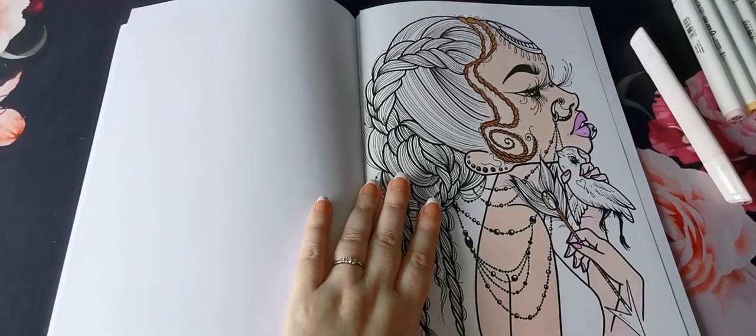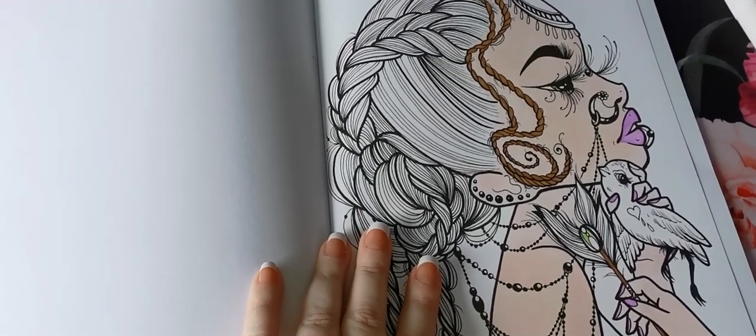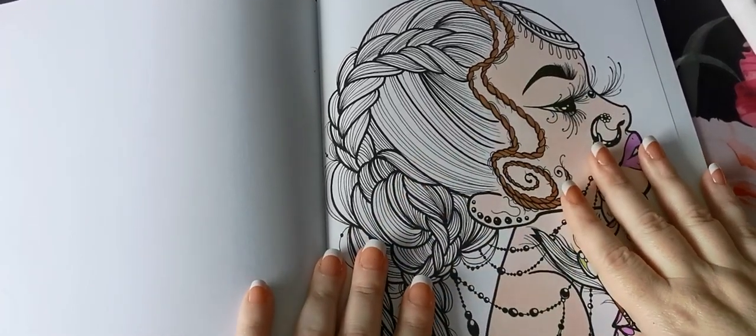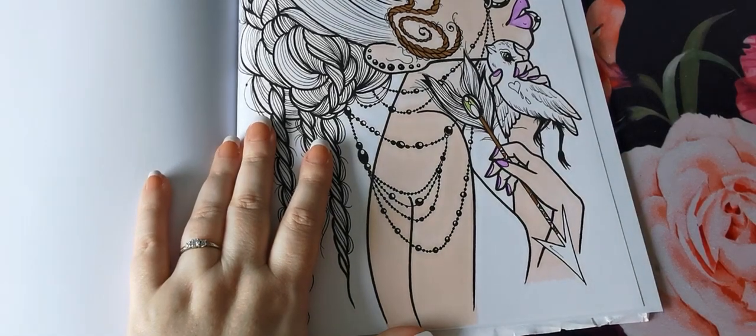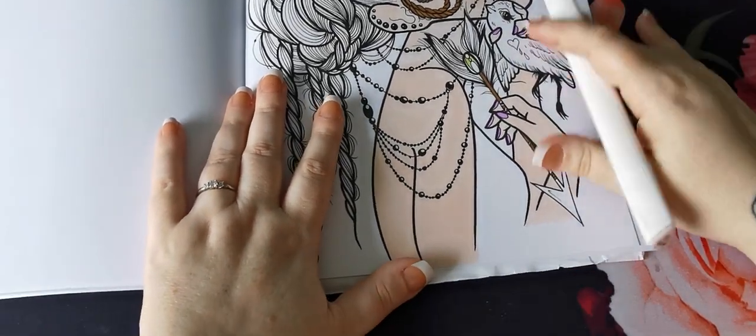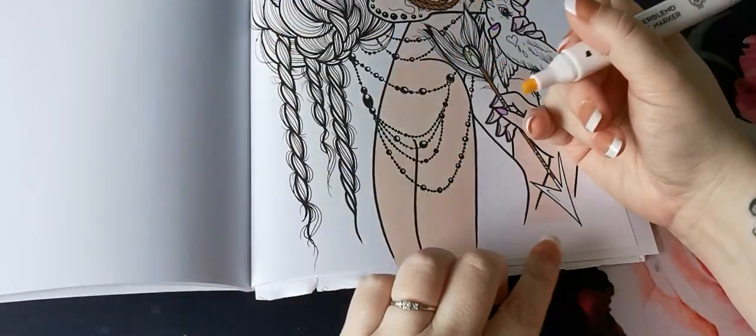But I thought while I'm here and while I'm trying to be productive, I would film a colouring chat with me working on this page with you. So I just need to finish this bit here of her body. So let's get this new